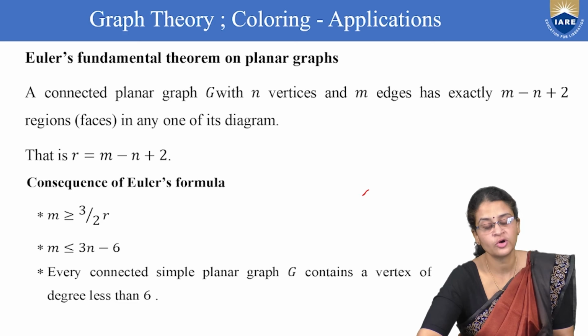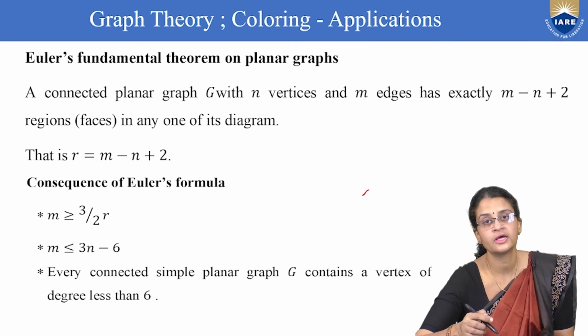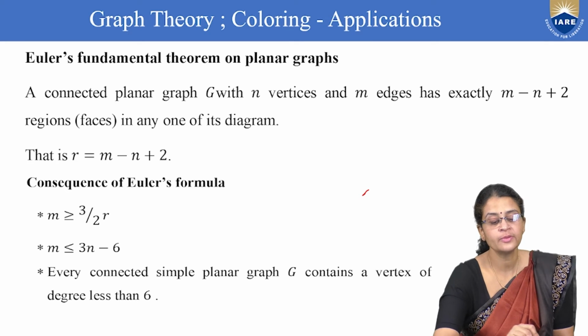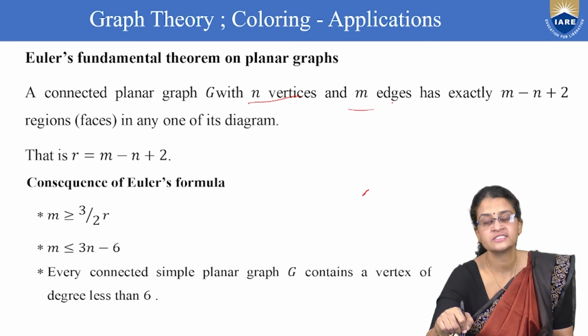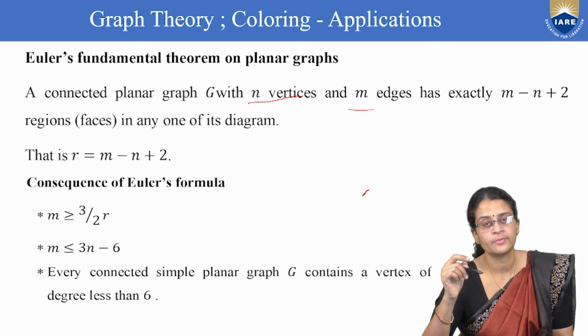Euler's fundamental theorem on planar graphs. Euler gave the main results connecting the number of vertices, number of regions and so on in a planar graph. A connected planar graph G with n vertices and m edges has exactly m minus n plus 2 regions or faces in any one of its diagrams. That is, if regions are considered to be R, then it can be stated that R equals m minus n plus 2, where m,